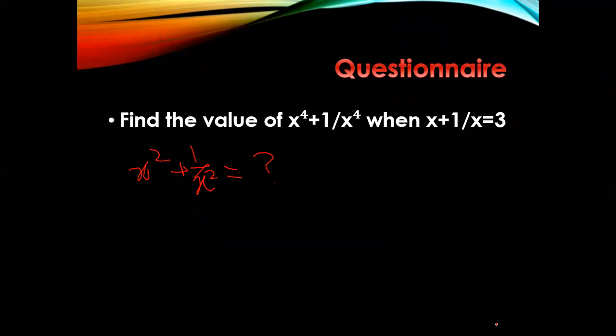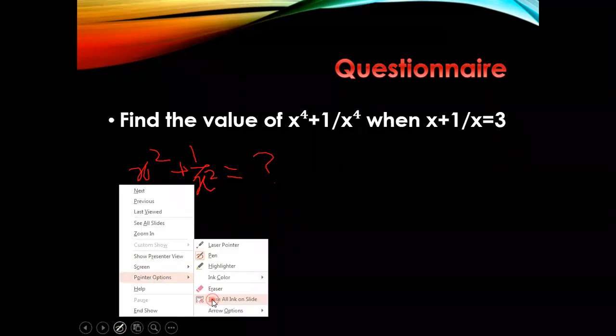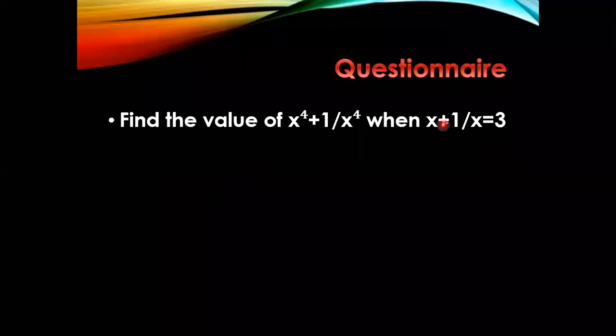Next, what about other students? What are you doing, beta? What you will do, simply you will take what? Just a minute. Now look at here. First, what you will take this one. Okay, you will take the square of x plus 1 upon x is equals to 3. Simply what will you do with both of them? You will take the square just like this.